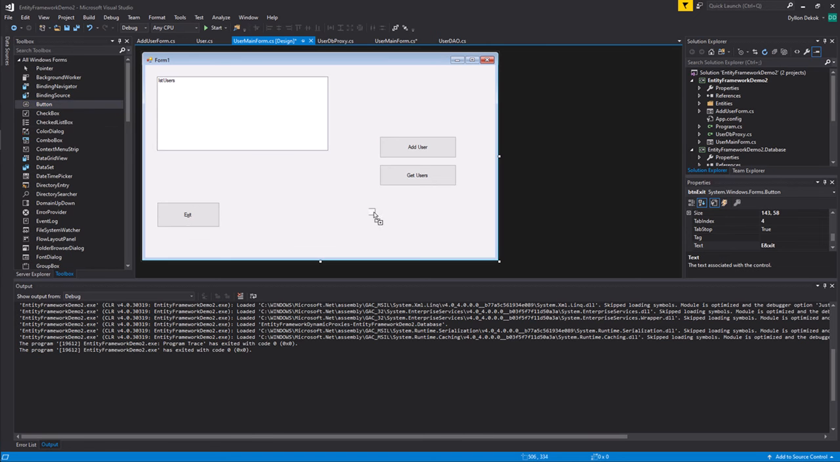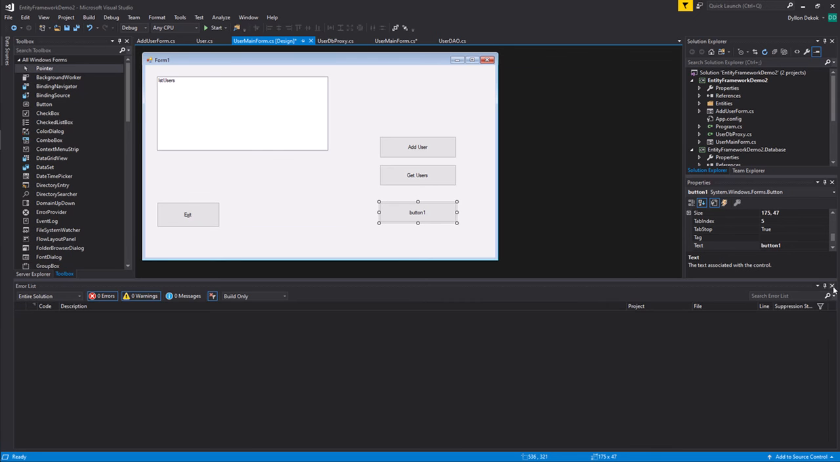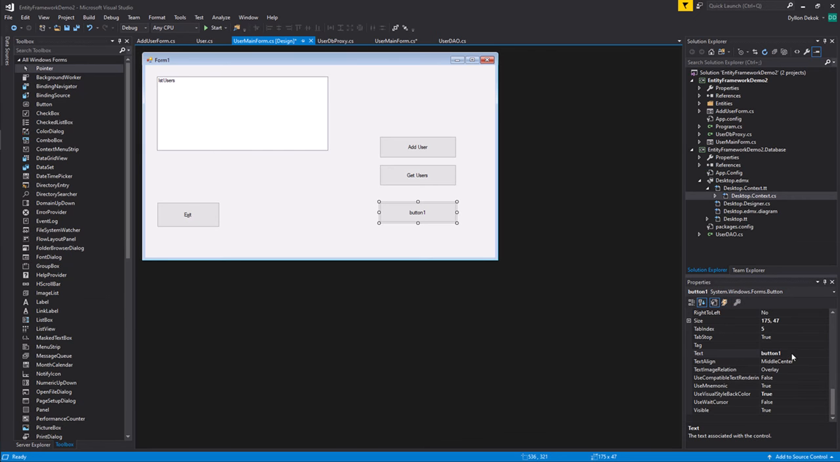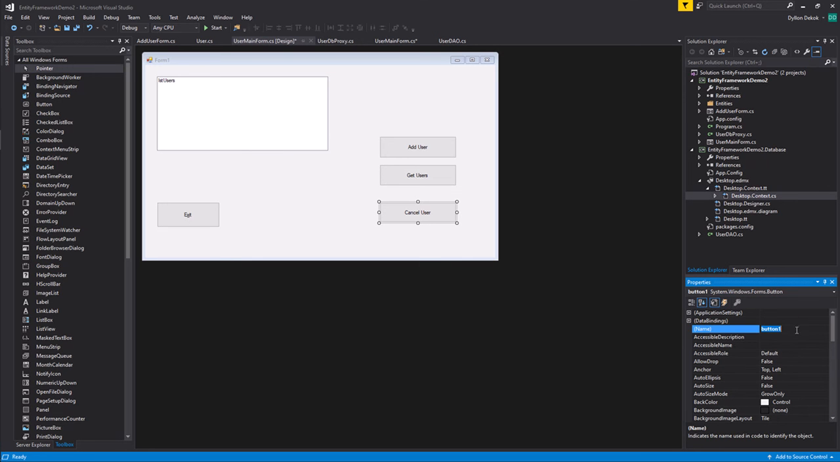Let's drag a new button on our form here. I'm going to call this button cancel user, and let's say btn cancel user. Okay, so now that I have this button,